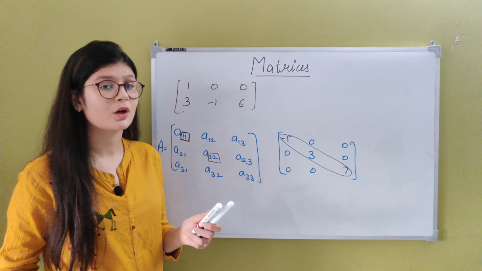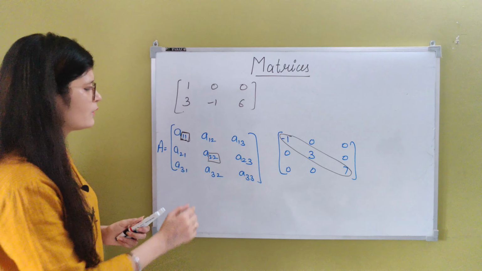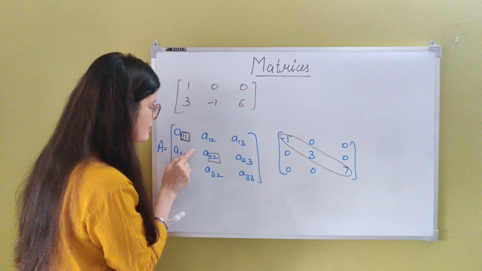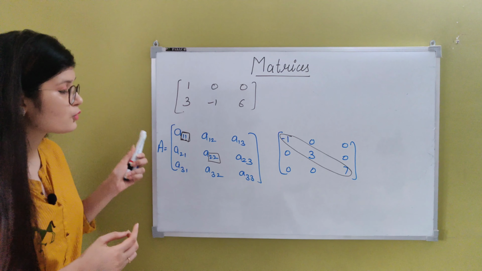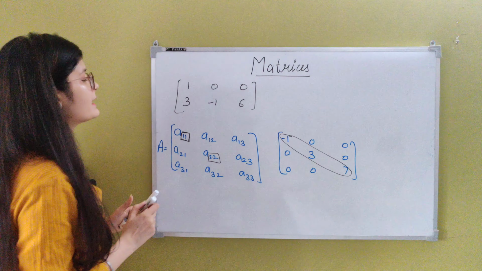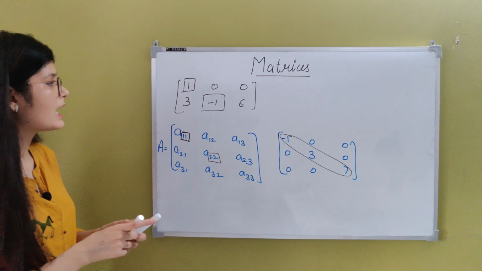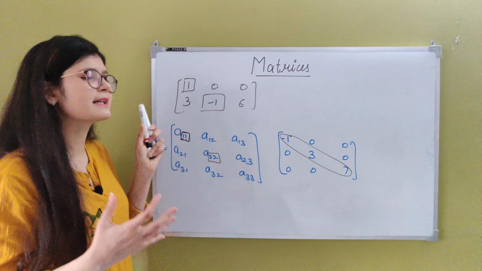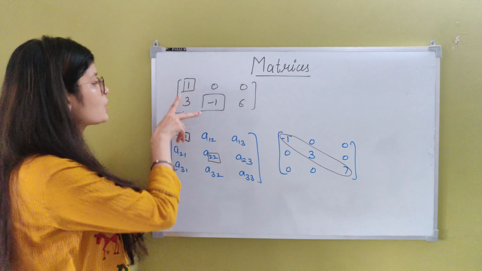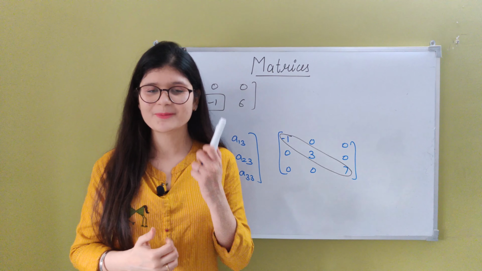So now, what I was telling you, I was telling you about the diagonal elements. Whenever the position of row and the position of column are the same, then the elements are known as diagonal elements. There are 3 diagonal elements, A11, A22 and A33, right? Here this is your A11, this is your A22. So there are 2 diagonal elements, but this is not a diagonal matrix. You cannot define a complete diagonal, but still there are 2 diagonal elements. Okay, I hope this is clear to you as well.